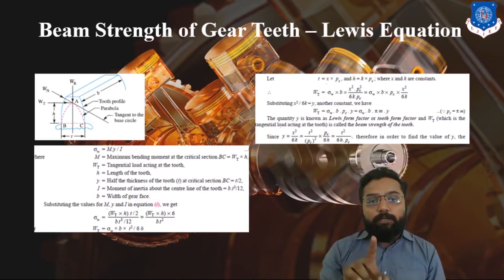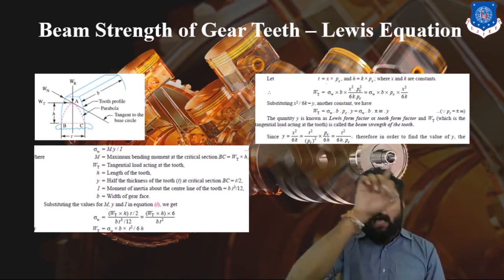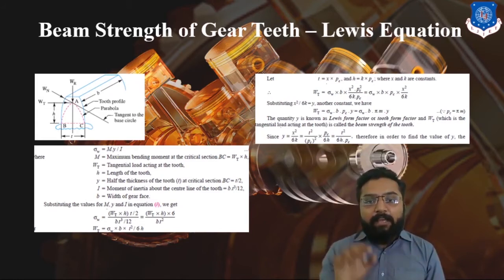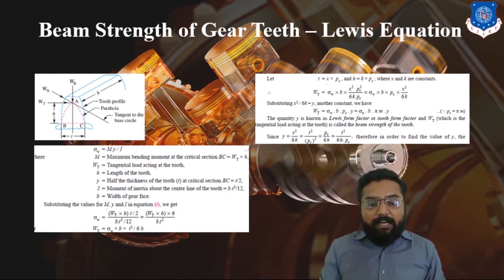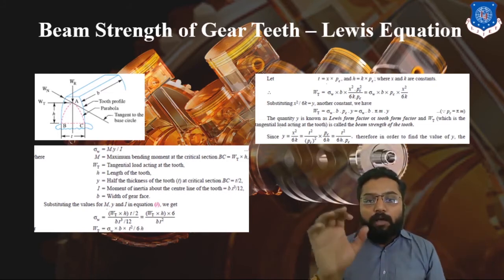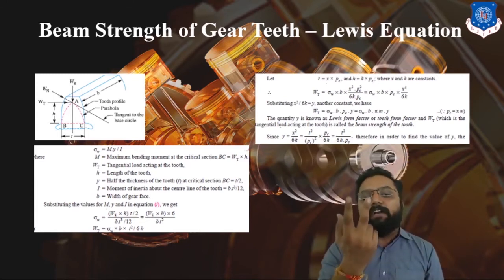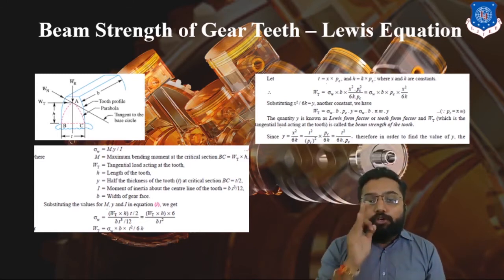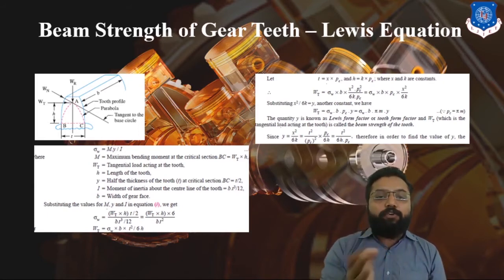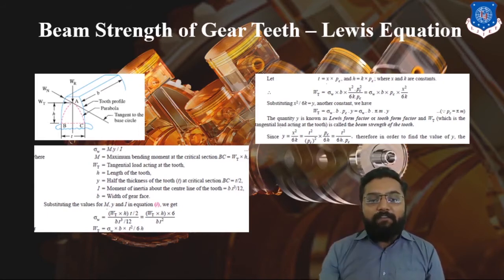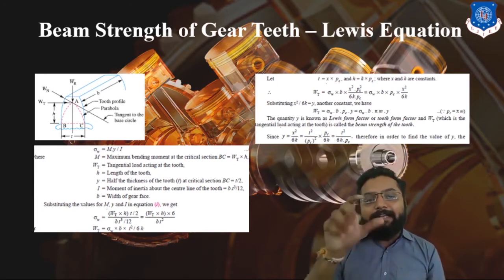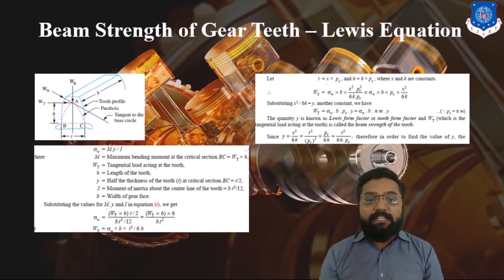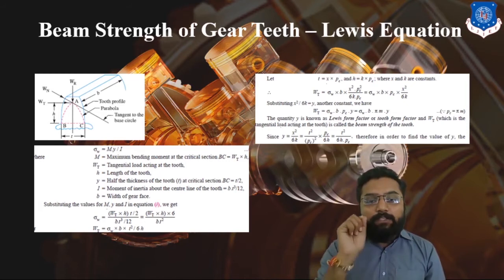Here we have considered our teeth as a cantilever. Now we have to give this tooth as a component or element of a gear, so it should have a sufficient condition for the circular path. To consider it as a circular path, we have to convert in terms of pitch circle. So to convert into a pitch circle, we have to divide it by some fraction, and here that fraction is x. And to convert this height into relation with the pitch circle, we have to divide it by k. So ultimately, t will be x into pc.